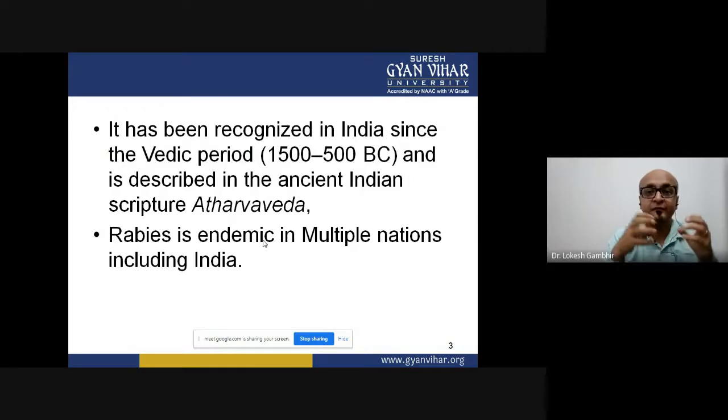It's just that in the past decades we have understood the complete replication cycle of this particular virus. We have isolated the virus. Now we understand each aspect of this virus, and we have designed management strategies to curb the clinical symptoms of this virus. Now, why am I focusing on rabies virus? It's just a dog bite. Once an infected dog bites, we take the injections, we get vaccinated, and we are okay.